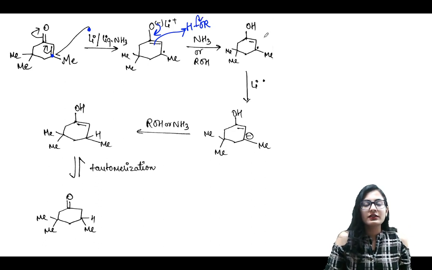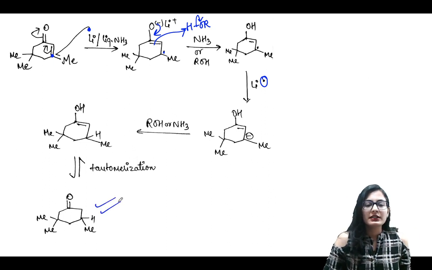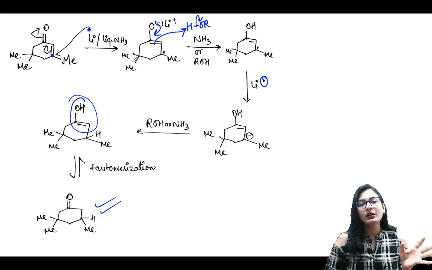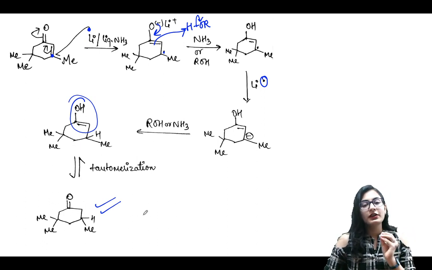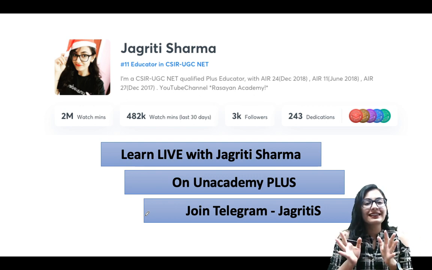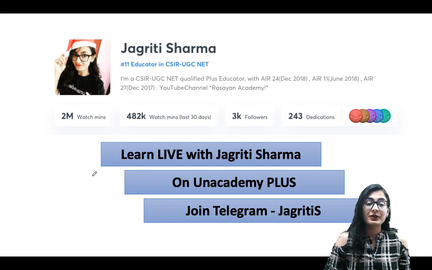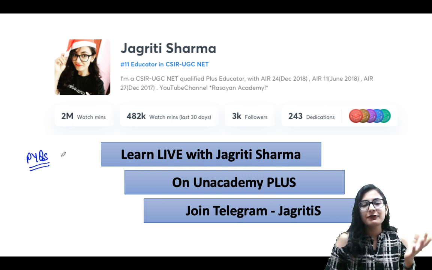Now here is our hydrogen over here, and this radical can take one more electron from lithium, become an anion, take a proton, and finally we are going to get this ketone over here after tautomerism. You can do the tautomerism before also, or at the end also. We are still going to only get the ketone, and the double bond is reduced via Birch reduction. This is another very important application of Birch reduction. So I hope that this was a lot of stuff to study about Birch reduction, a lot of applications, PYQs, and a lot of stuff for you to practice.